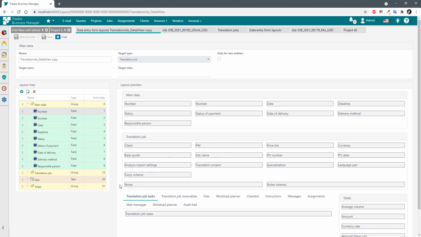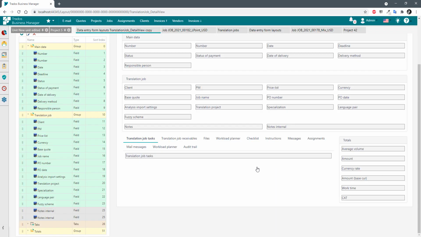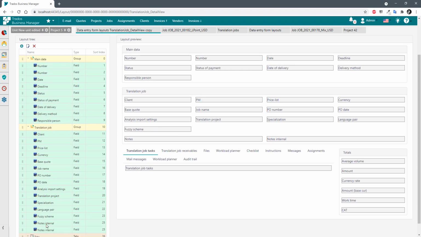For notes, you remember that notes took more space vertically than other elements. If I expand it and find notes, you can see that it takes 6 columns and 3 lines. So this is how we achieve the desired width of elements and their height. So by assigning the necessary width in the form of a number of columns, you can place elements in